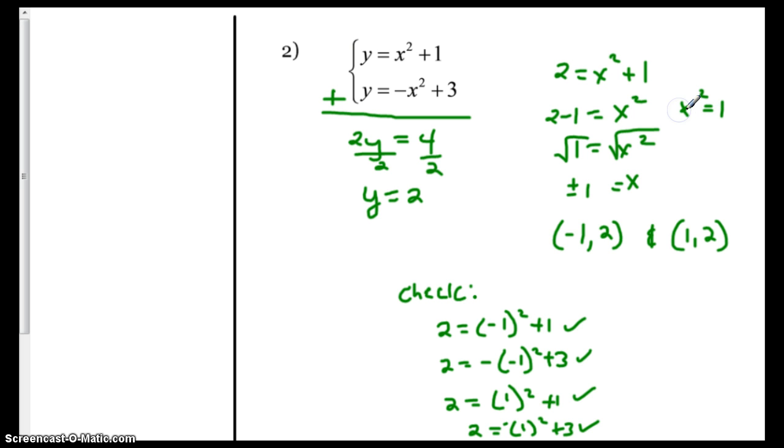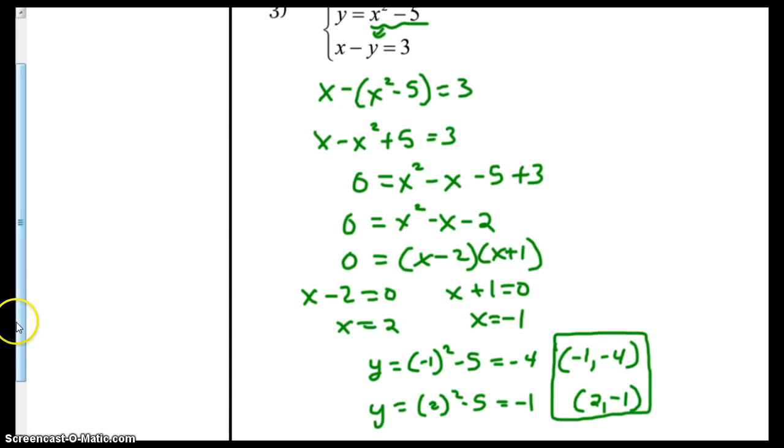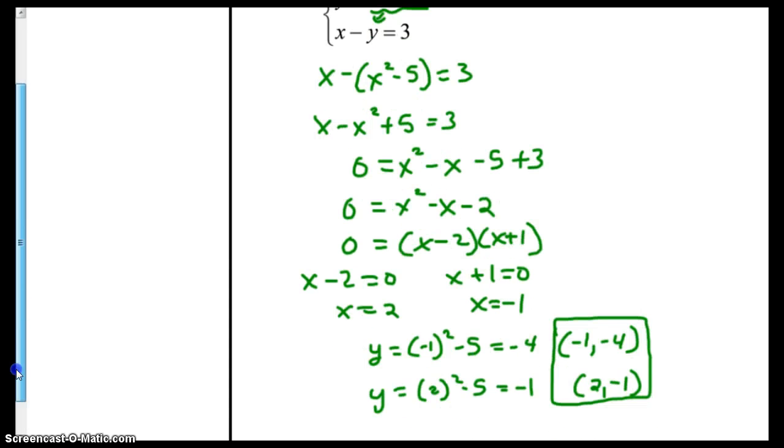And then to isolate x, we'd have to take the square root of both sides. So that's what I did in this step. So x would equal plus or minus 1. So then we have two points, (-1, 2) and (1, 2). And then you would check your answer. For 3, I used substitution and found